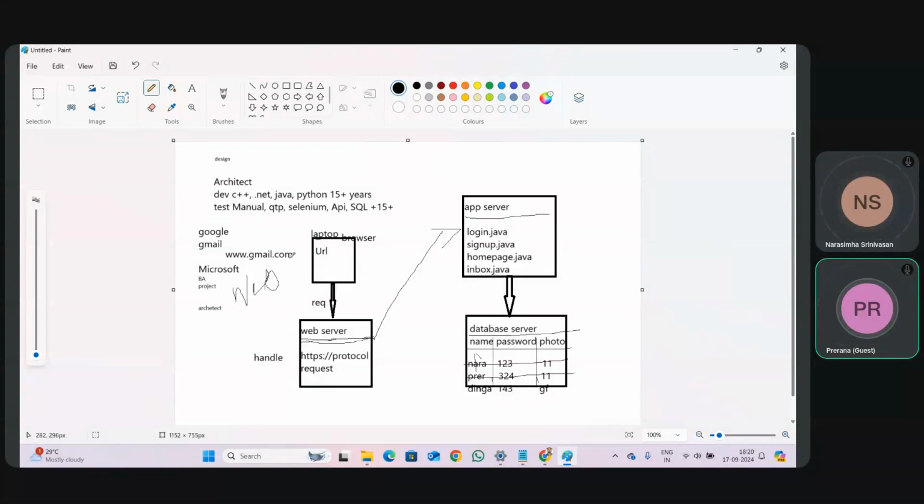Since it is gmail.com, it will go to the folder, it will go to the application. Here there is Gmail; obviously we have installed Gmail over here. So the request will go to the app server, where it will search for a login page